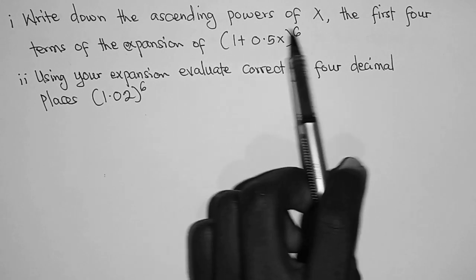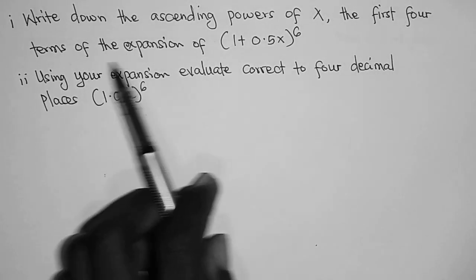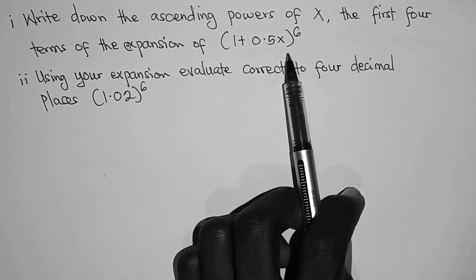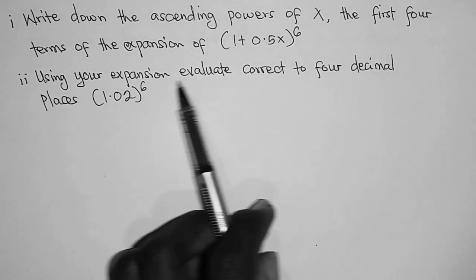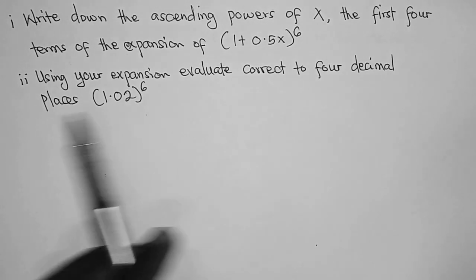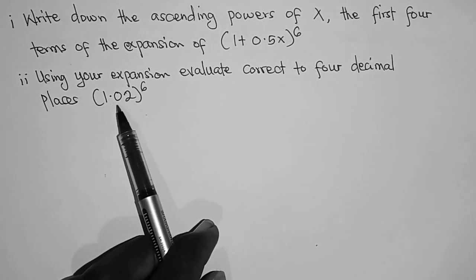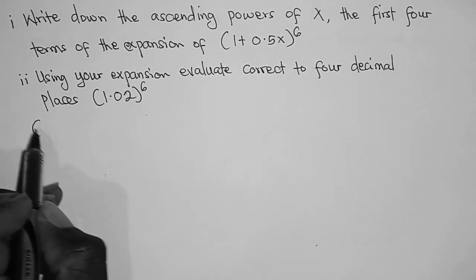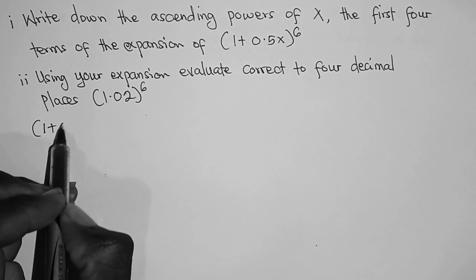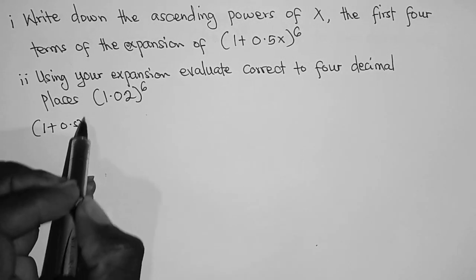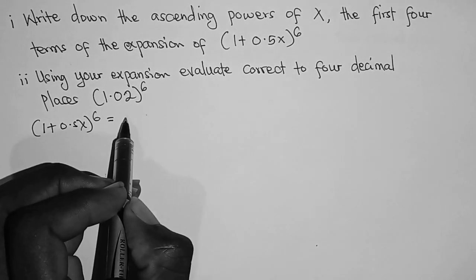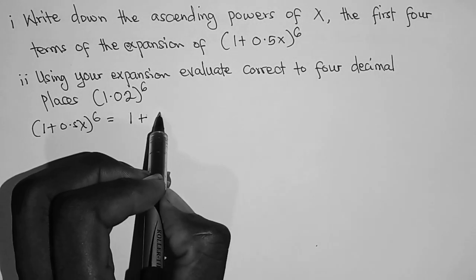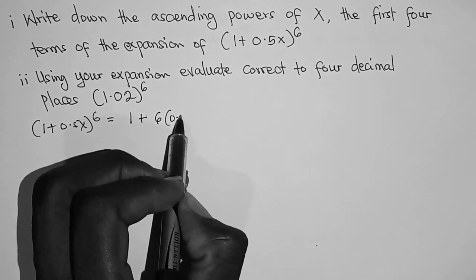Write down, in ascending powers of x, the first 4 terms of the expansion of (1 + 0.5x)^6. Using your expansion, find the value correct to 4 decimal places of (1.02)^6. So the binomial expansion expression is (1 + 0.5x)^6. This is equal to the first term, which is 1, plus the second term, which is 6 times 0.5